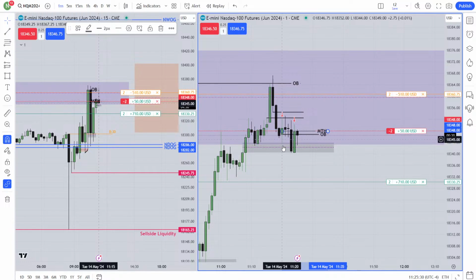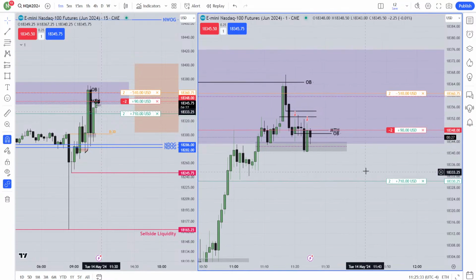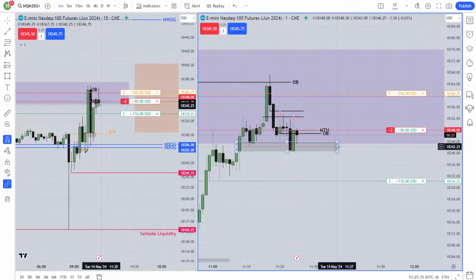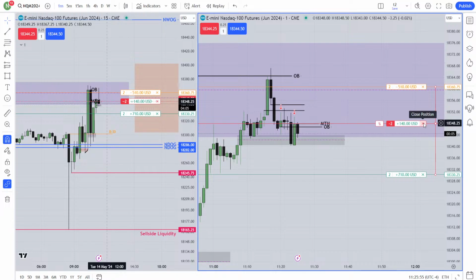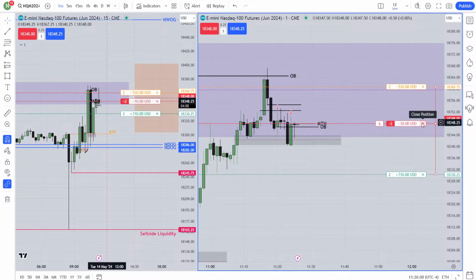So this order block is holding the price. So it's cool. All I would love to see is a body close below this fair value gap. That should be broken. If it's broken, this sell side liquidity will be triggered. That's for sure. I'll close my trade if I see the body close above the min threshold. Then I'll close my trade. So far I'm cool, the body didn't close above the min threshold.